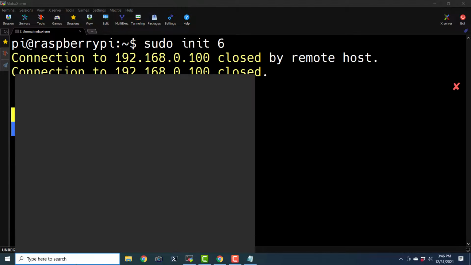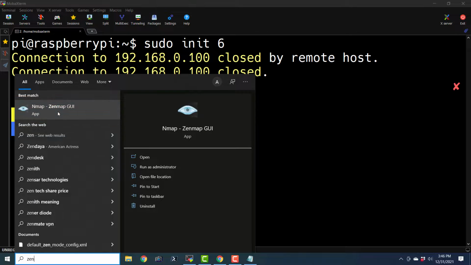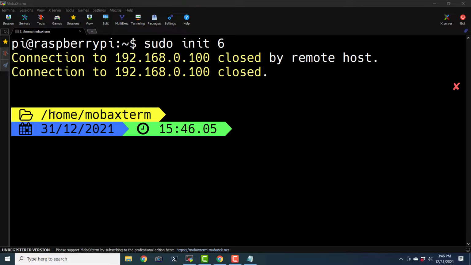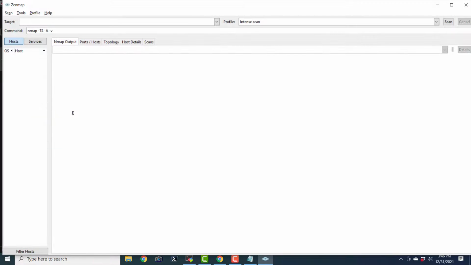Let us open the ZenMap utility. It will show you how many systems are connected to the network. If our Raspberry Pi is connected to the network, it means that it is online.